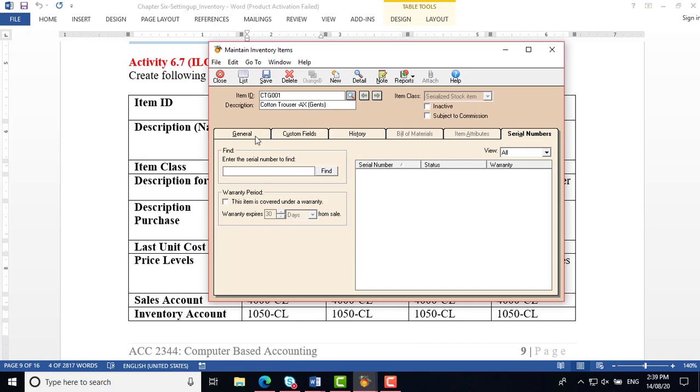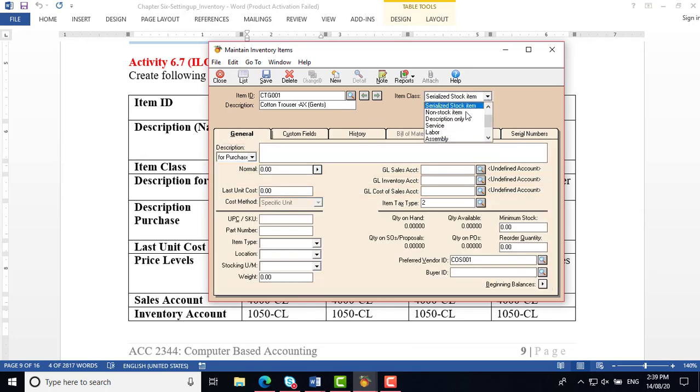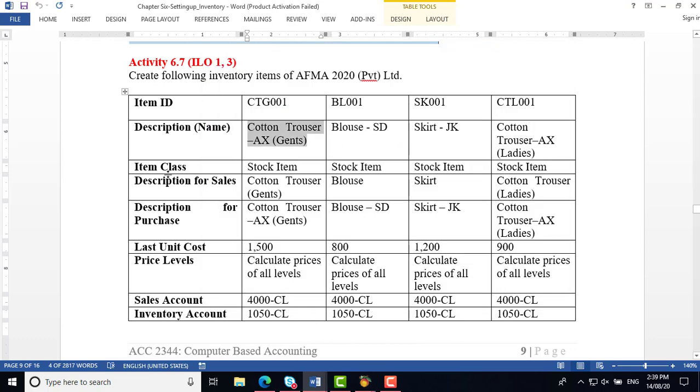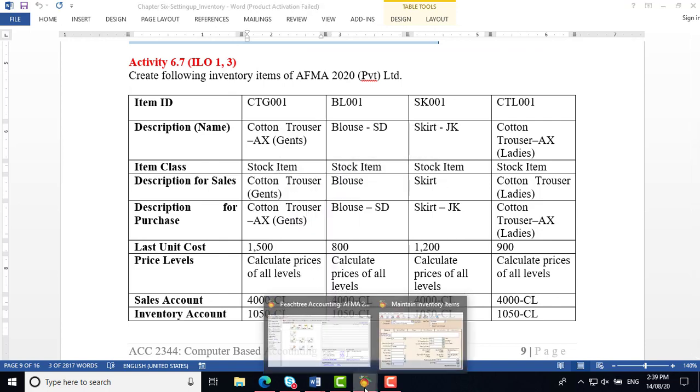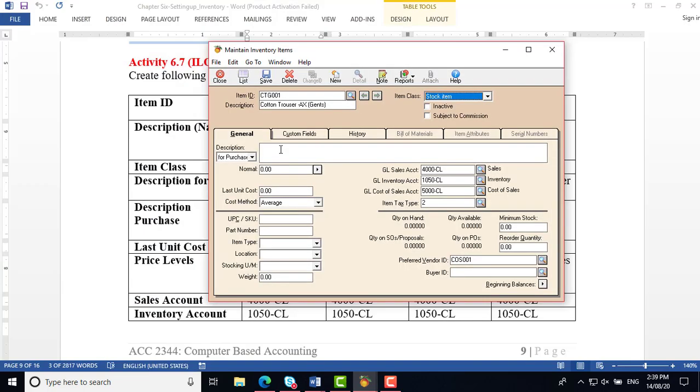And then we have to select the type, which is going to be the stock item. That is the item class. And then the description for the sales and the description for the purchase. These two descriptions need to be entered under each of the descriptions. So first we have to enter the sales description, which will be printed in the invoice, and also the purchase description, which will be printed in the